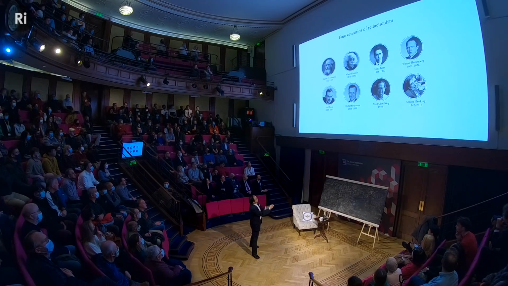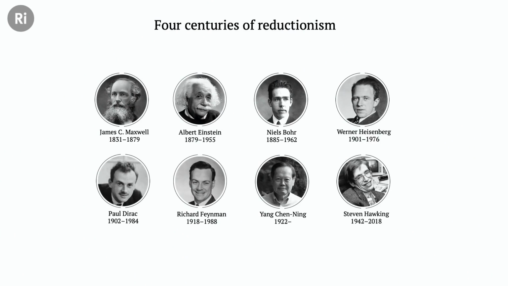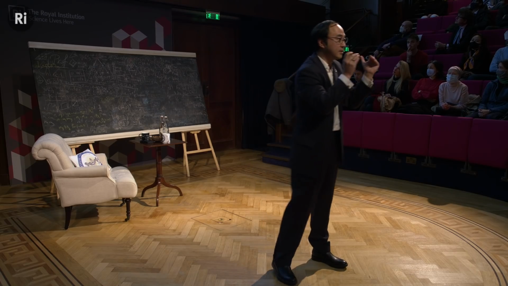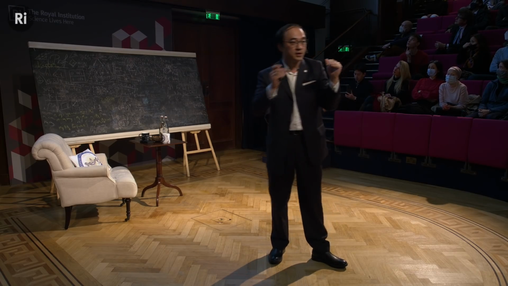So I've just named Maxwell, Einstein, Bohr, Hawking, C.N. Yang, and so on. Through 4 centuries, great, magnificent geniuses have followed this path of Newton to do what? To try to reduce to a minimal set of equations. Just to give you an idea,